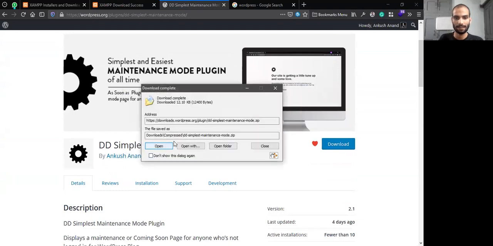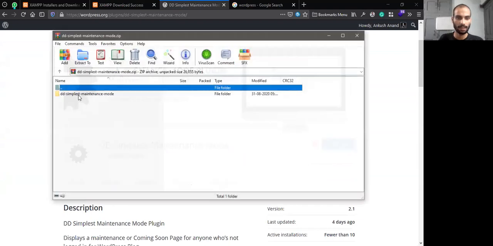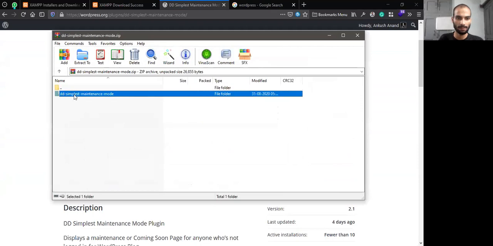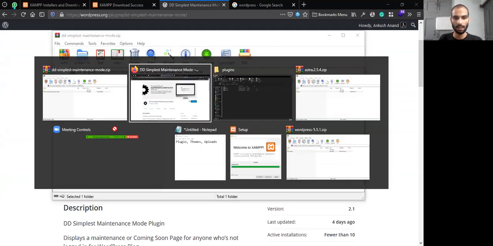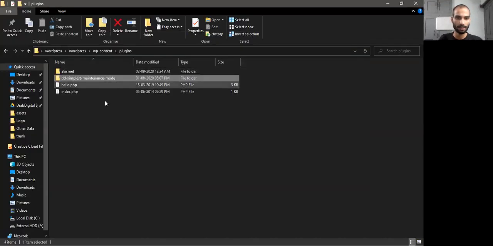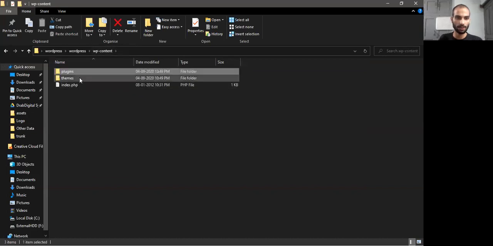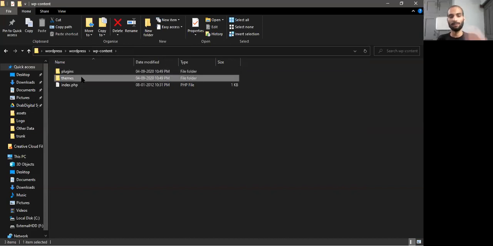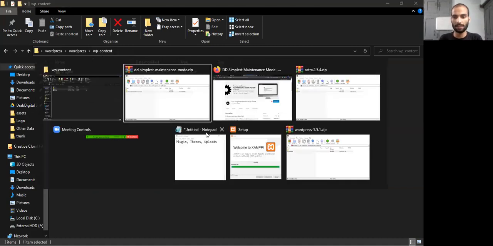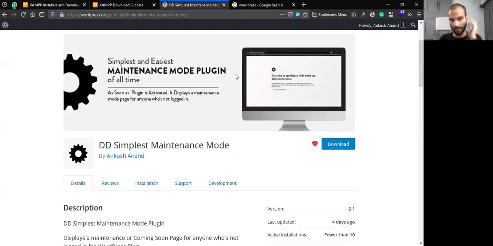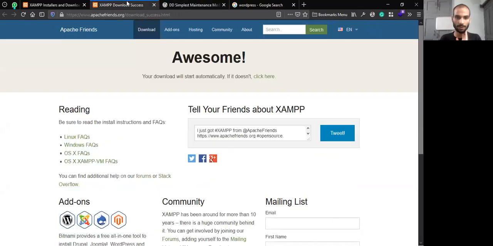Like this, and here I will open it and go inside, and I will pick this folder from here and paste it in the plugins folder. So this is how you can actually install themes and plugins without uploading them through WordPress. You can do the same in the hosting as well. If you go to file manager, you can do the same thing.